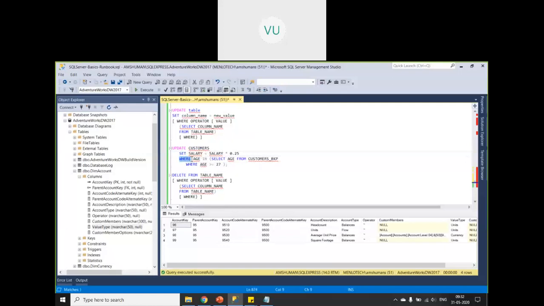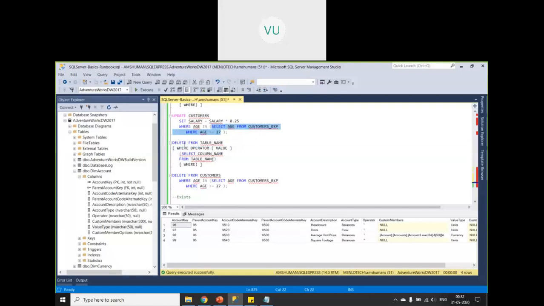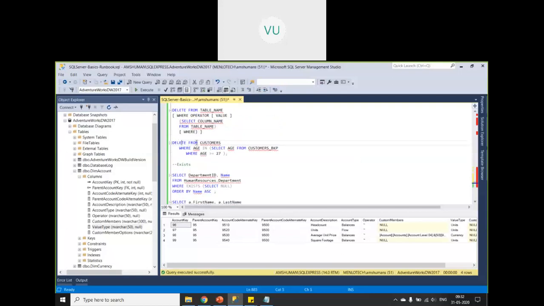In the where condition, instead of having some literal values, I'm using in and then having a subquery here. So that is how we can use subqueries in update statements. Similarly, in the delete statement, delete from this particular table where some condition is matching. In the condition, I'm using my subquery.